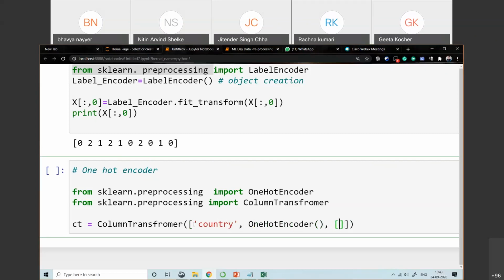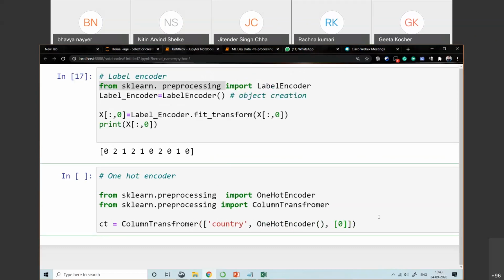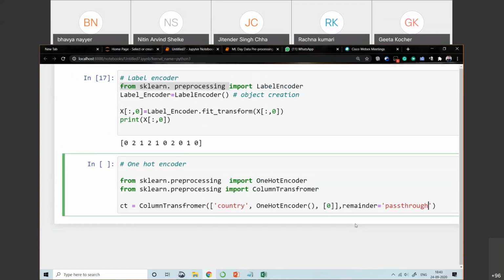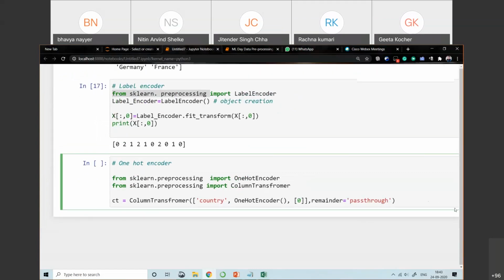Next, comma. After that, there is a parameter called remainder equal to passthrough, that we need to use. I will tell you the use of that also. Remainder equal to passthrough.